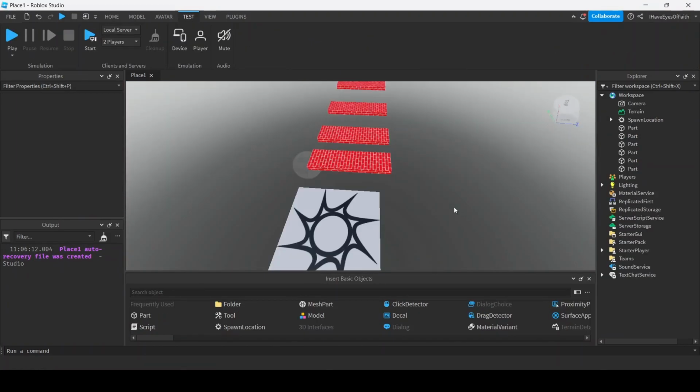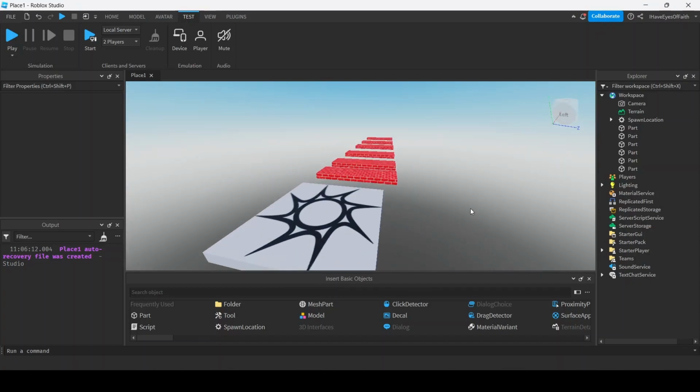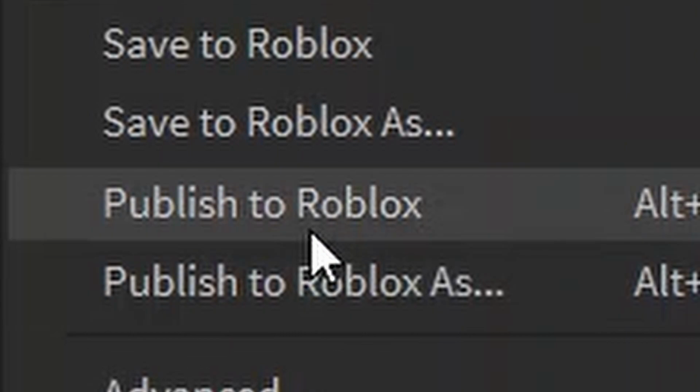Now, I think this is probably a front page game if you ask me. So let's get ready to publish this. None of this is actually saved on your Roblox experience yet. For that, we need to publish it to Roblox, and then other people will be able to play and find this amazing game. So to do that, we have to go to File, and where it says Publish to Roblox,